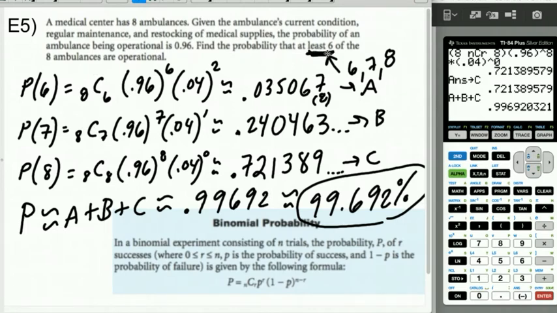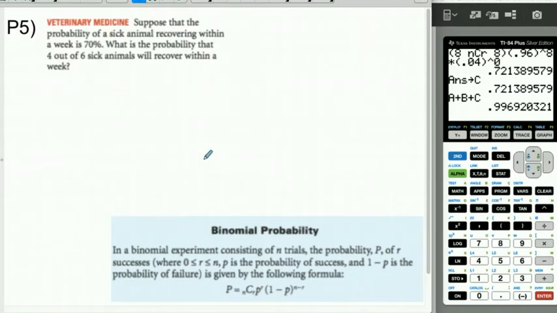This wasn't the probability that 6 of them work. It was the probability that 6, 7, or 8 of them work, and that's tricky. All right, so let's go ahead and do one more, and then we're going to talk a little bit about how this works visually. So veterinary medicine, suppose that the probability of a sick animal recovering within a week is